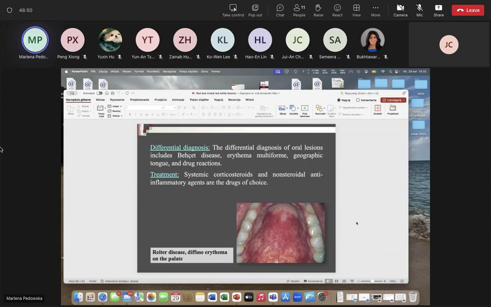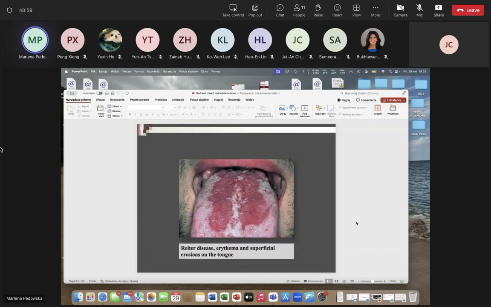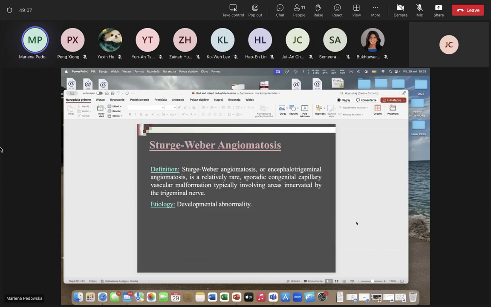The differential diagnosis demands for us Behçet's disease. The treatment is with corticosteroids and anti-inflammatory agents of choice. Here we have a clinical picture of Reiter's disease, the erythema and superficial erosions of the tongue, and also